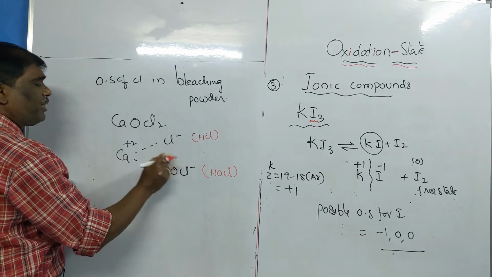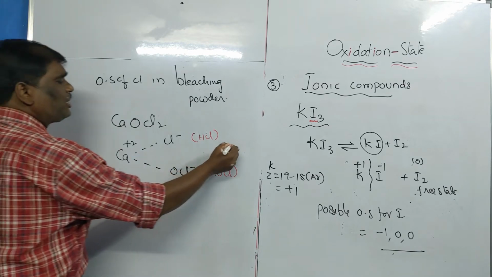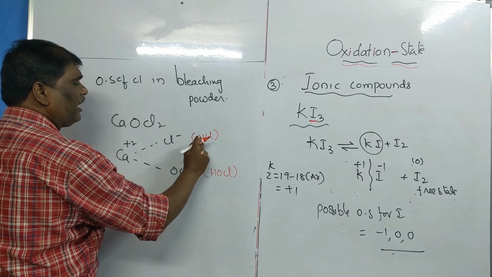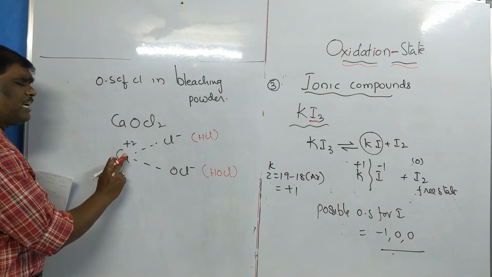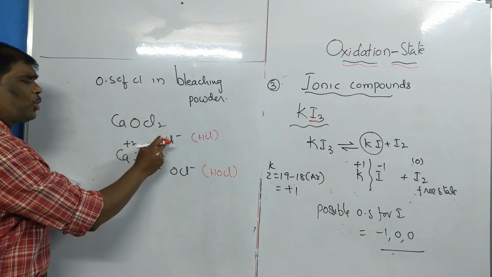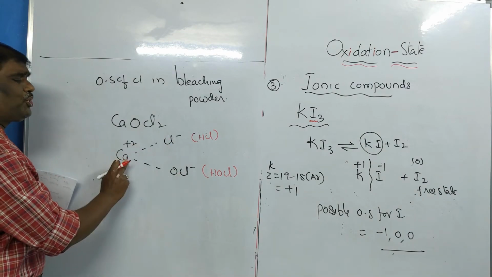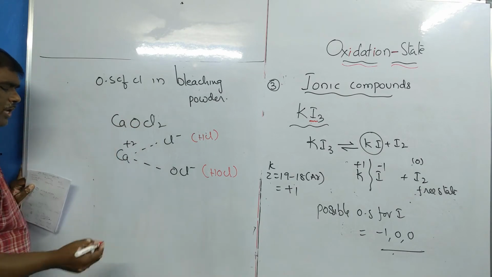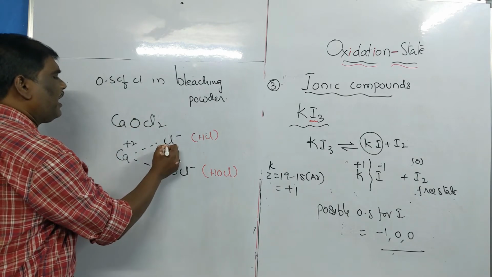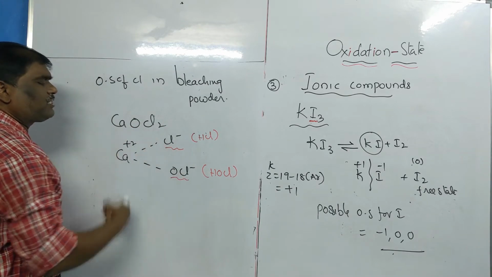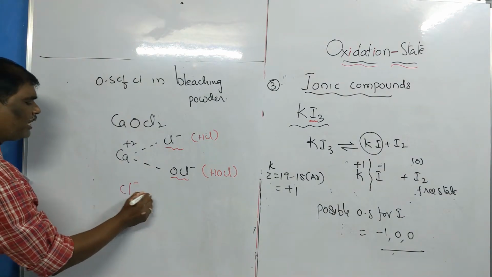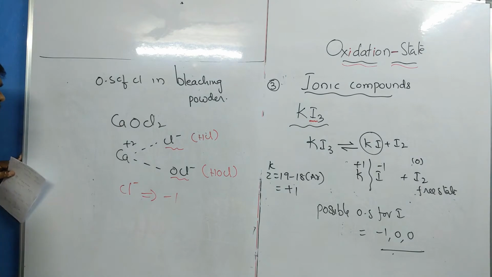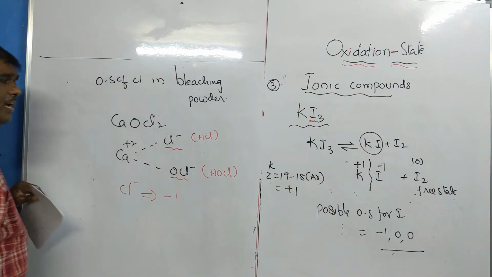So it comes from a reaction when calcium hydroxide reacts with HCl and HOCl at the same time, then it forms calcium chlorohypochlorite. Now these are split and the oxidation states are calculated separately. For chlorine, what is the oxidation state? -1, because this is a monoatomic ion.